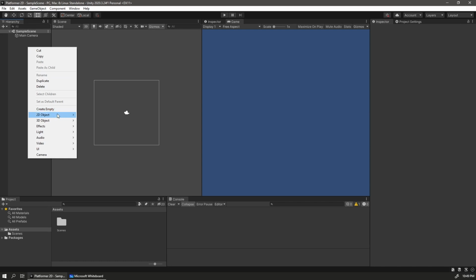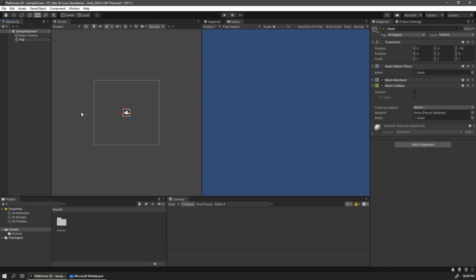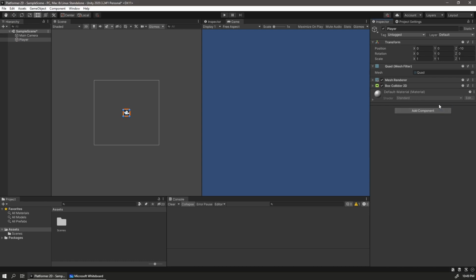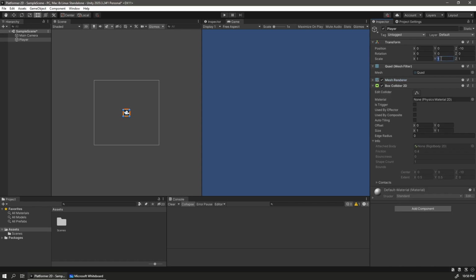So let's start by creating a quad for our player. So 3D object quad, and let's name this player. Now let's just remove the mesh collider as we are dealing in 2D. So let's include a box collider 2D instead, and let's just increase our Y scale by 2 so that it